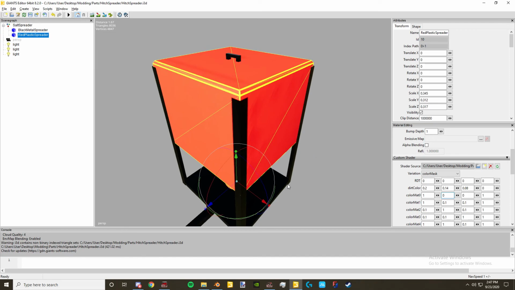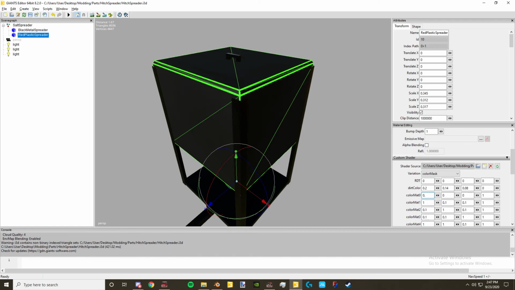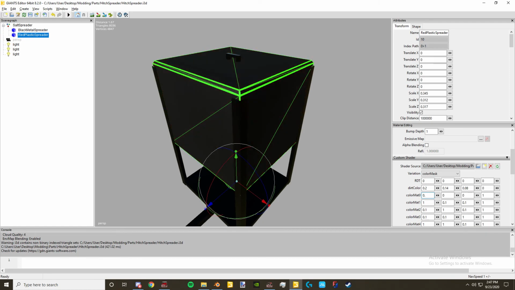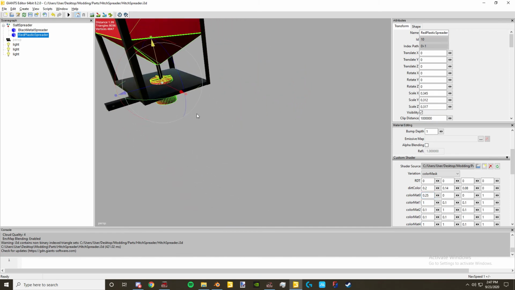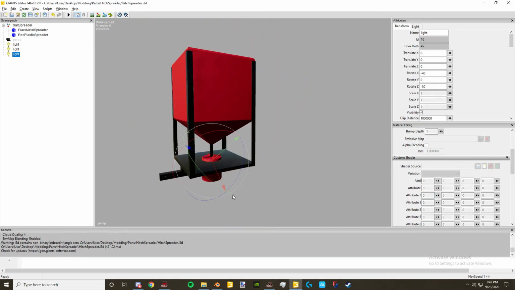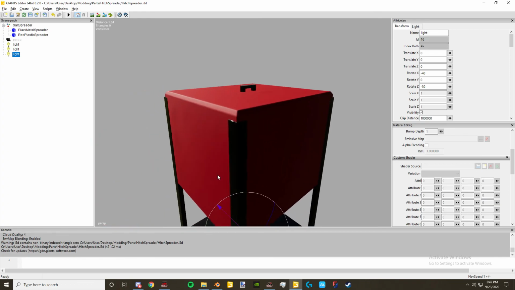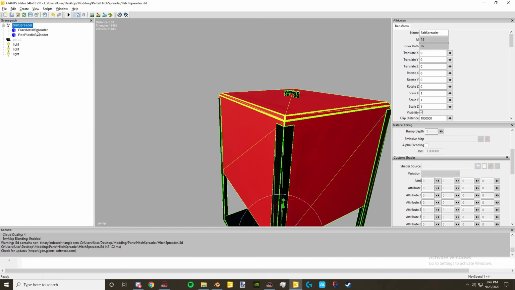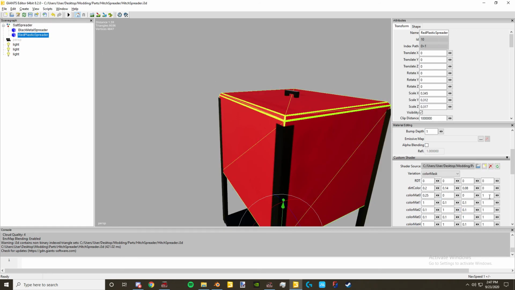We don't want that. So, I want my salt spreader, this piece, to be red. I don't want it to be this red, so I'll make it like 0.45, maybe even a little darker, maybe 25. That's better. I like that color better for that. And now you can see we successfully UDIM'd it. Now this is a plastic piece, so I just left it at 1, but again, you can set it whatever color you want. Maybe 1,